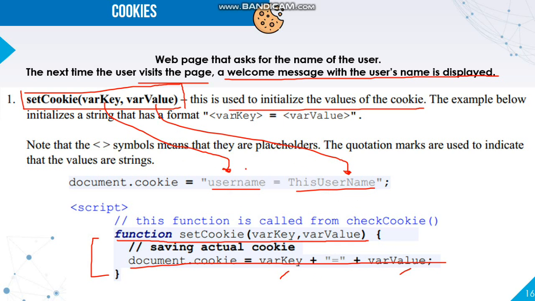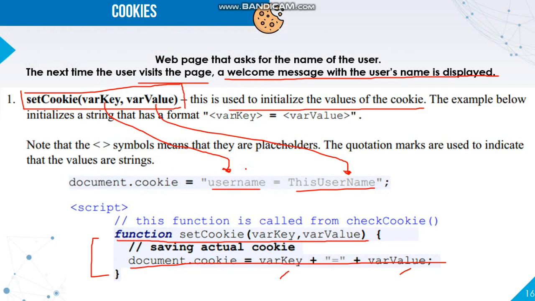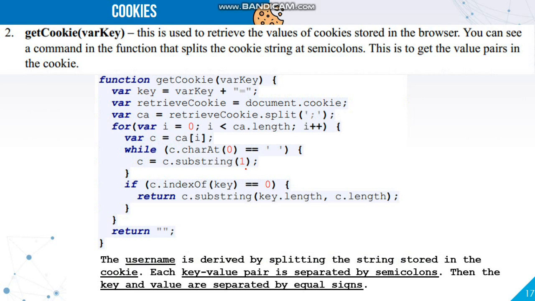Next, once we have already set the value for the cookie, we will also be getting the value of the cookie. So what will be the parameter? It's just the variable key. Remember, again, the variable key will be needed to get the cookie. This will retrieve the values of your cookies stored in your browser.